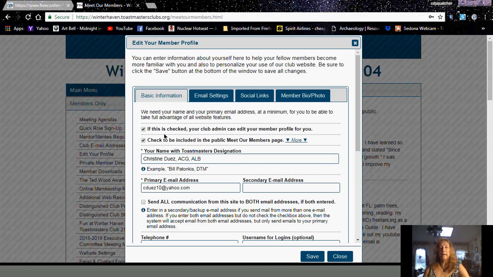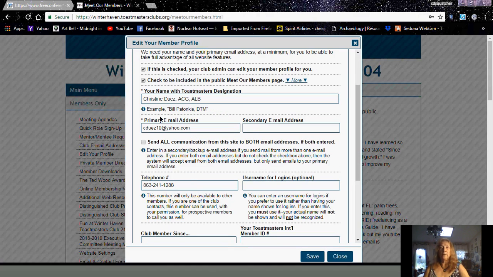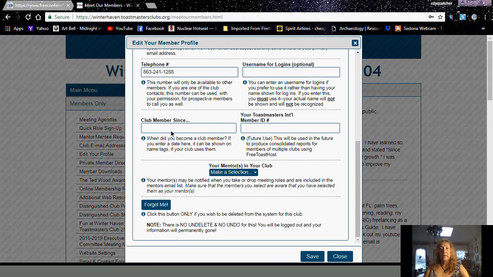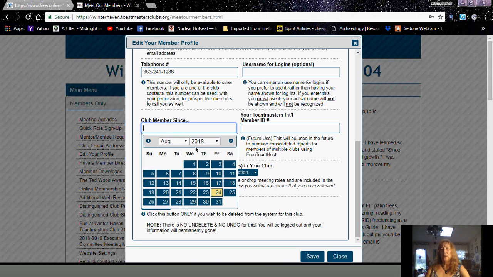So this is your profile, and this is your basic information, your name, your levels, your email address. If you want a secondary, put it here. Telephone numbers, username for login. If you want to put what you're using there, put something other than your name. You can record how long you've been a member. Been a member since, I believe, November